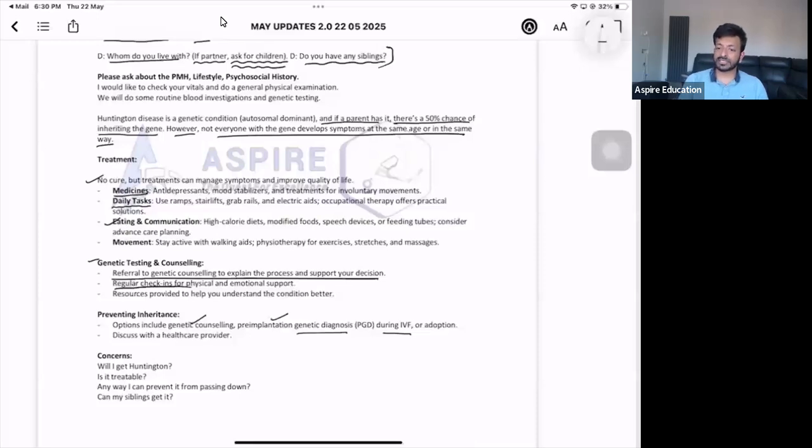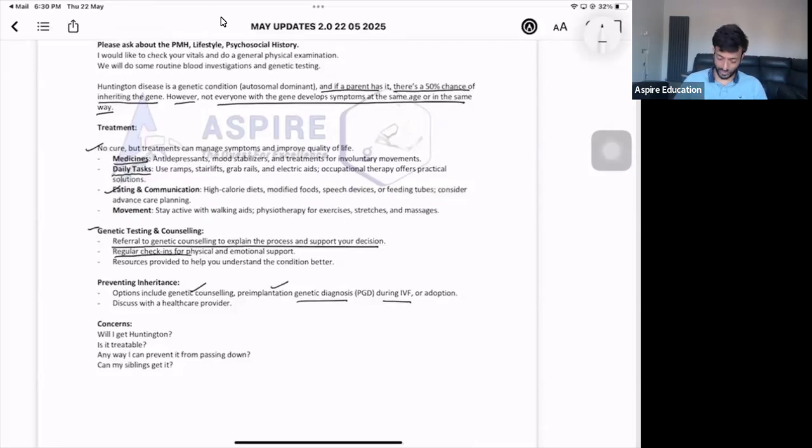Can we mention genetic testing while we are in the GP, or just refer the patient for it? No, you can mention genetic testing. That shouldn't be a problem. That should not be a problem, doctor. You can mention it. Okay.